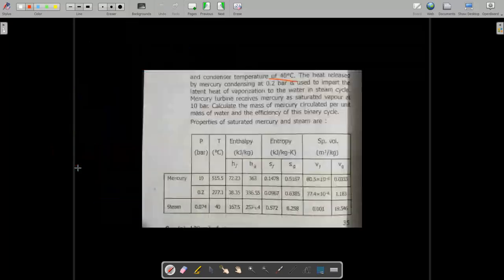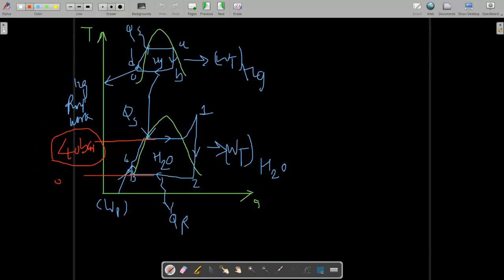So when you find from the steam table, the corresponding saturation pressure at 40 degrees is 0.074 bar. Okay, and the mercury pressure is given as 10 bar,